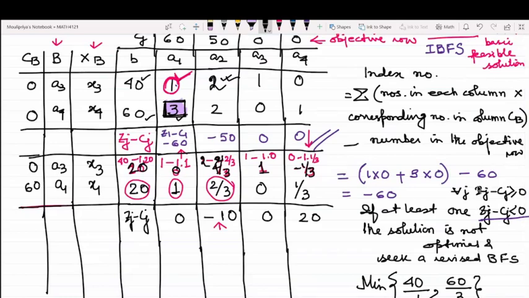Now, in the second table calculation, what do we get? It was initially 2 minus this one into 2/3. So what does it come to? This happens to be 4/3. Okay, so the ratio that we would be calculating